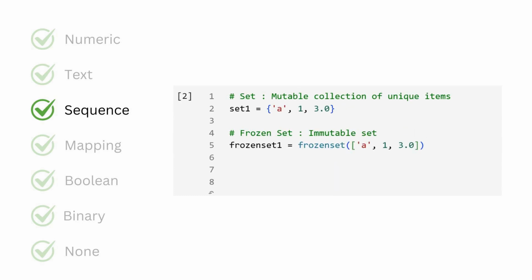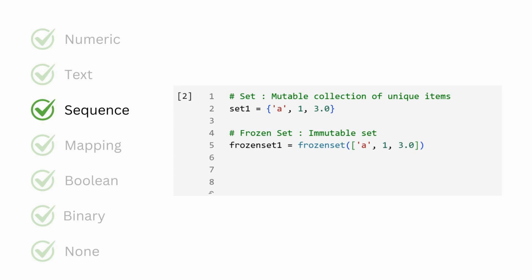Sets are a mutable collection of unique items. The elements can be of any data type, but they have to be immutable. For example, a tuple can be an element of a set. But, a list cannot be an element of a set. Elements can be added or dropped from a set. It is worth noting that lists, tuples, and range data types are ordered, while a set is unordered. That is why we cannot update an element of a set.